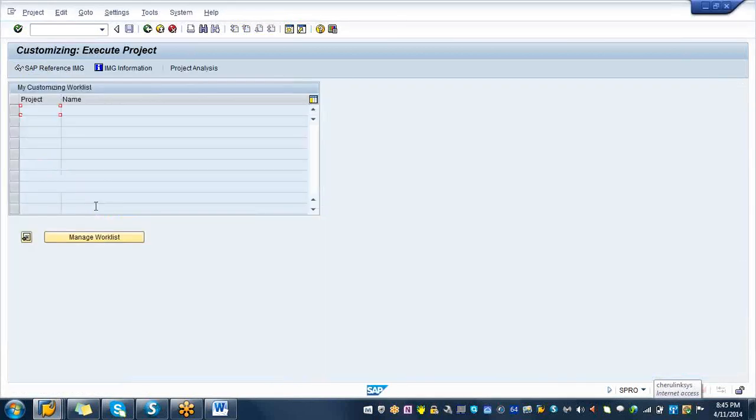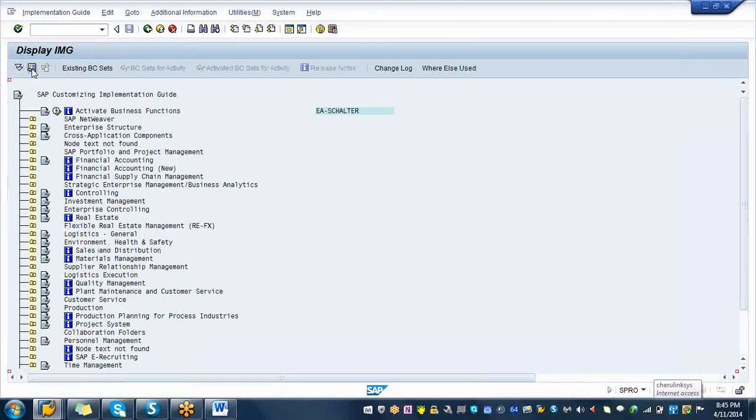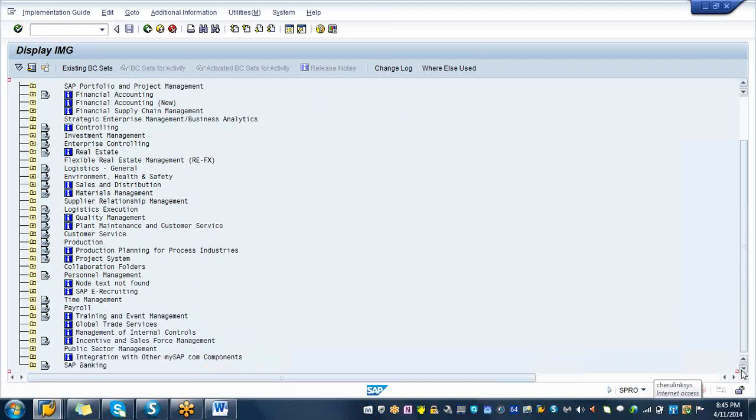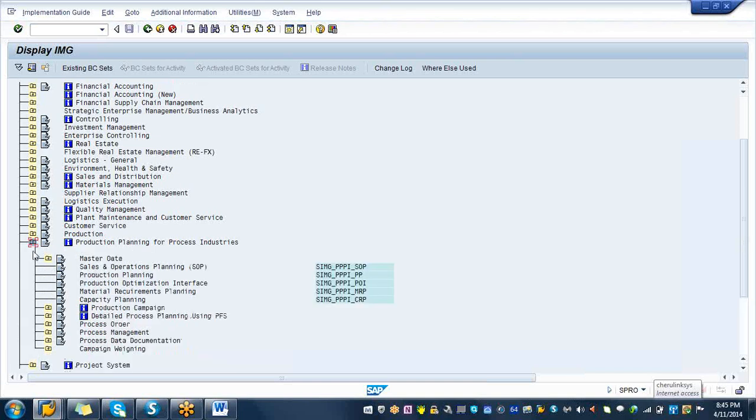So double click, go to SAP reference implementation guide, then go to production planning for process industries, and go to process order,